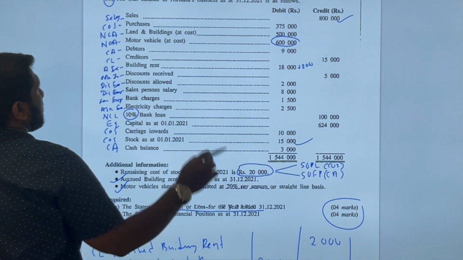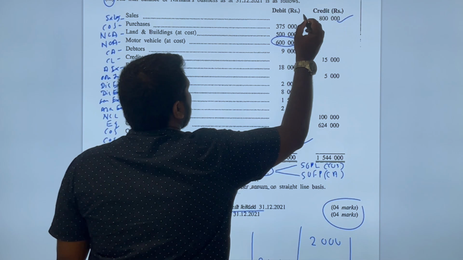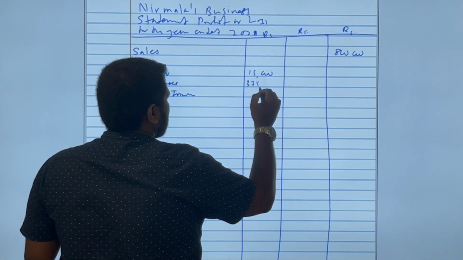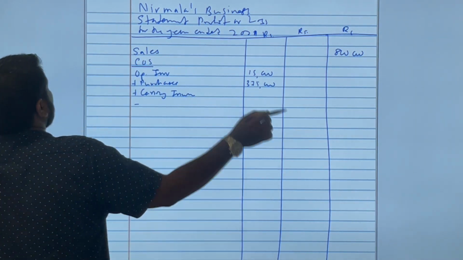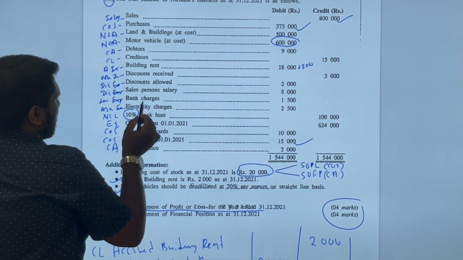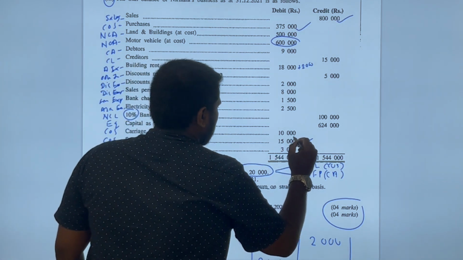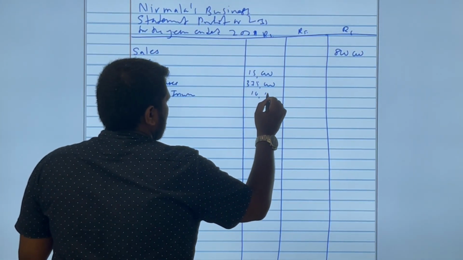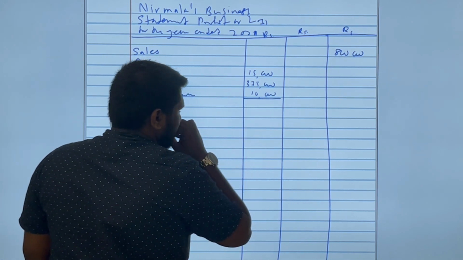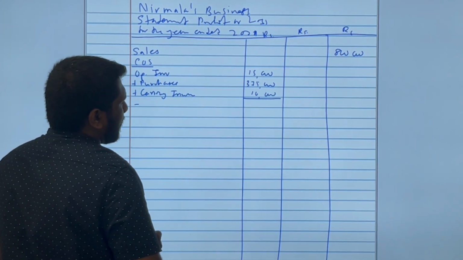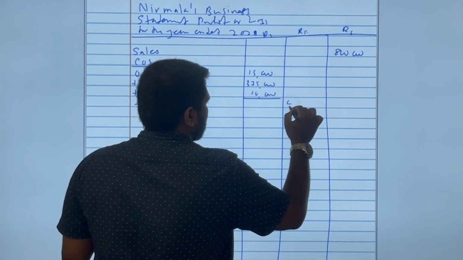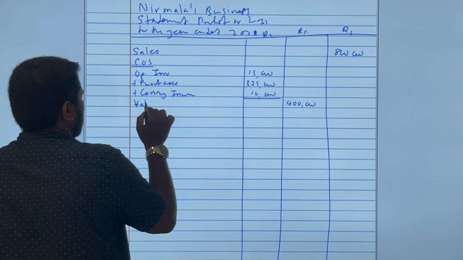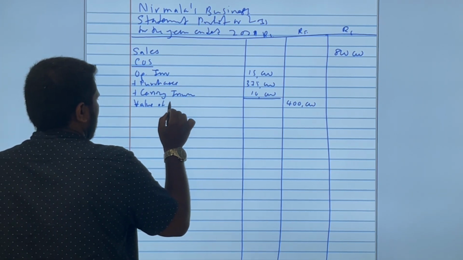Then purchases 375,000. Then the carriage inwards 10,000. So addition of these three, we are getting a value of 25,400,000. So this is the value or the cost of the inventory